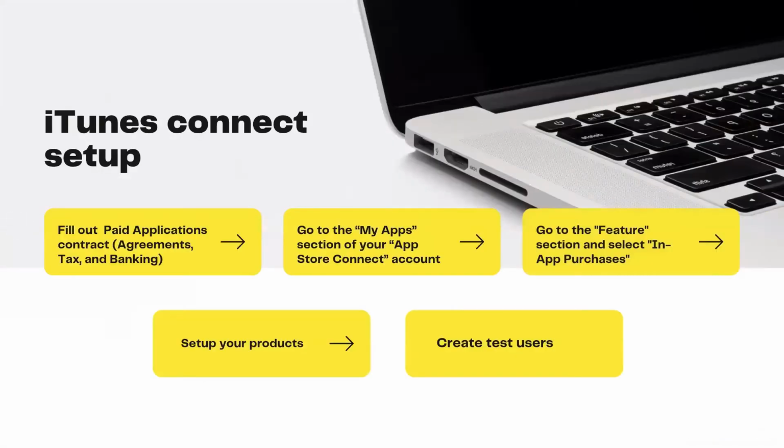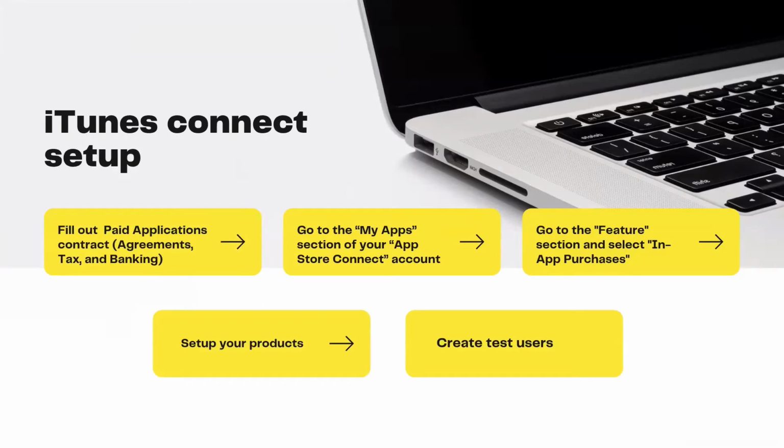First we will see the iTunes Connect setup. As I already mentioned, we need to fill out the paid application contract form. On the dashboard, we will see the agreement, tax, and banking section. This needs admin permission for iTunes. Only then can we request this paid application contract form.